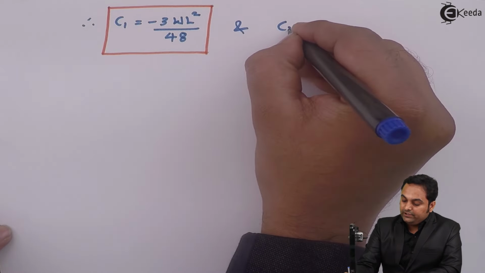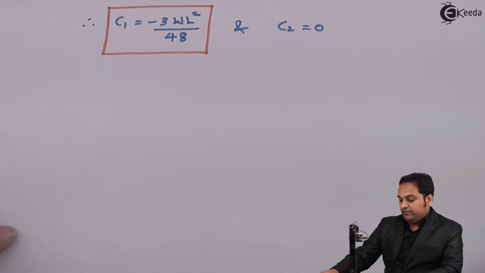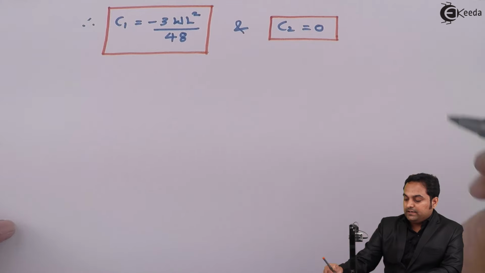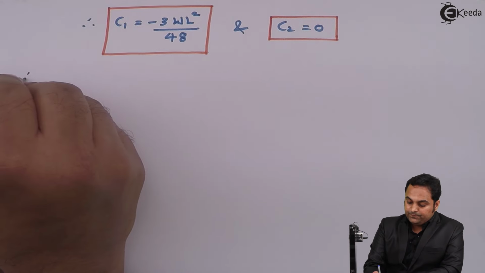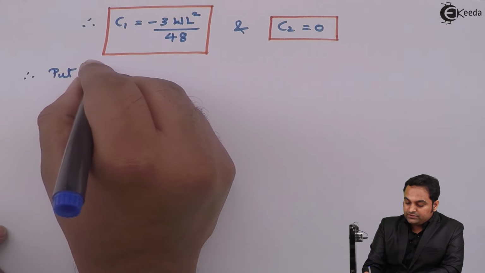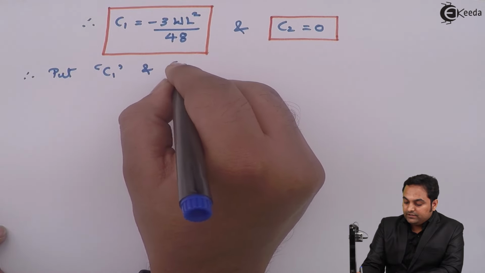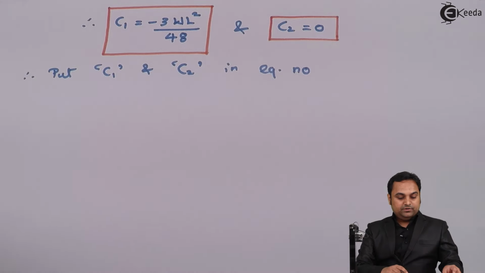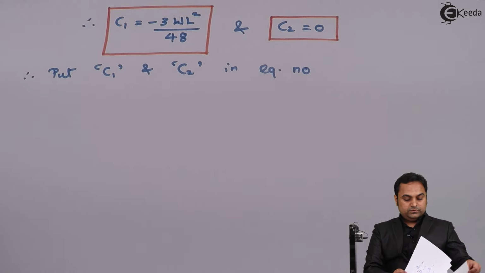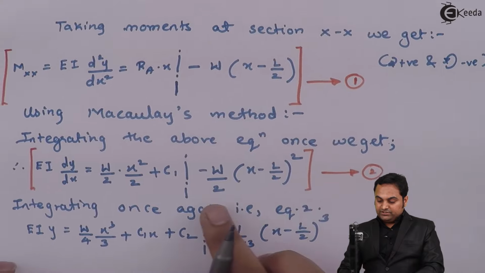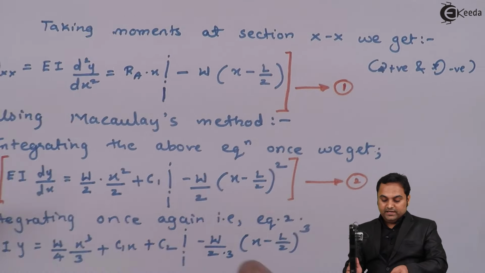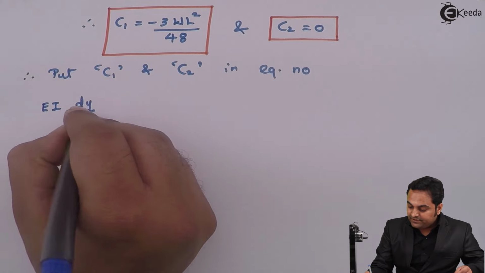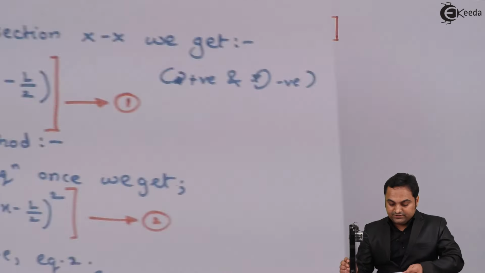And the C2 value we have already found out, that is 0. Next, I'll say that therefore put C1 and C2 in equation second. So here we have EI dy by dx as it is, it's equal to,